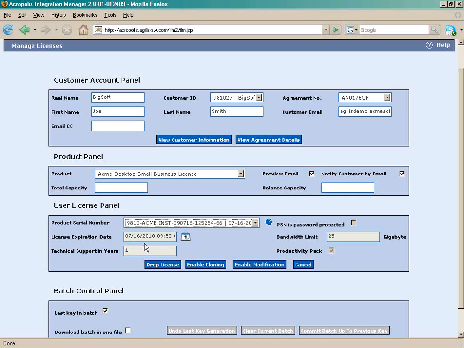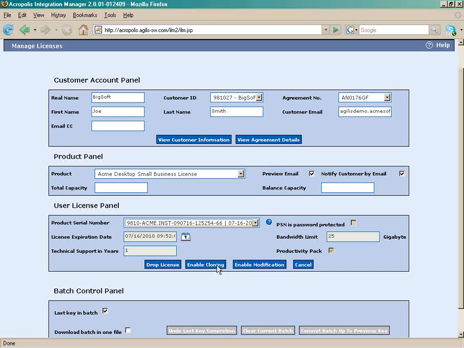And I can see this is a license that was generated. I can see when it was generated. I can see it was generated to expire 7/16/2010 and so on. Now, I can do a couple of things at this point. I can do what's called cloning this license. So I can say, I want to take this license as a starting point and generate another license that's like this one, but maybe changing some of the parameters. Or I can just modify this previous license and send an email. We'll send an email to this existing user saying we've extended your subscription, whatever it might be.